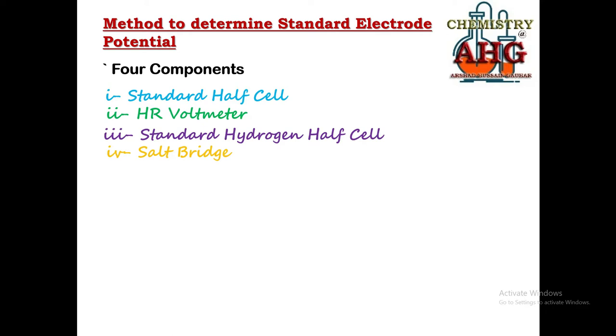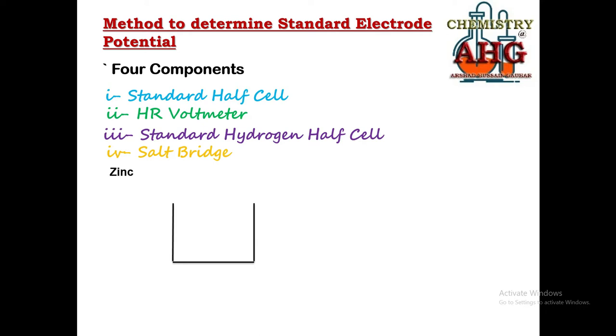Now first of all, we will learn how to construct a standard half cell of any element. Okay students, we are going to start with constructing a standard half cell for the element zinc. How will you start constructing the half cell for zinc? First of all, you will take a beaker. In that beaker you will take a standard ionic solution of a zinc compound. You can take any compound of zinc that must be soluble in water. You can take zinc sulfate, zinc chloride, or if for a given metal you are not certain which of its compounds is soluble in water, the best compound that you can remember is nitrate, because nitrates of all the metals are soluble in water.